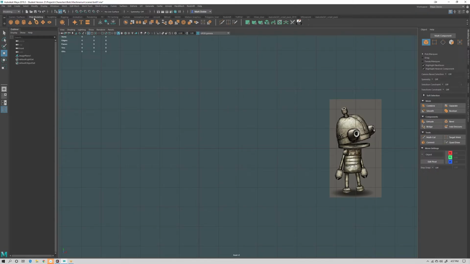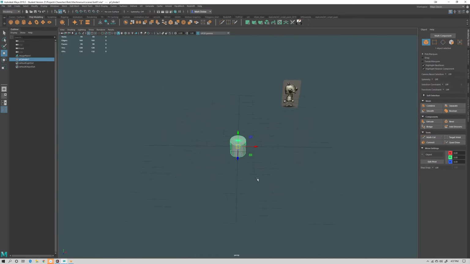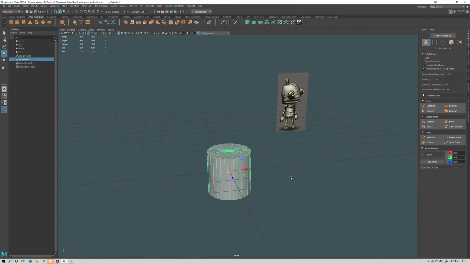So I'm going to start in the polygon menu. I don't want the blue ones, which are the surfaces. We want polygons, and I'm going to make a cylinder, so this third one along. You can see that's made a 3D cylinder. Now by default, if I come into my channel box,